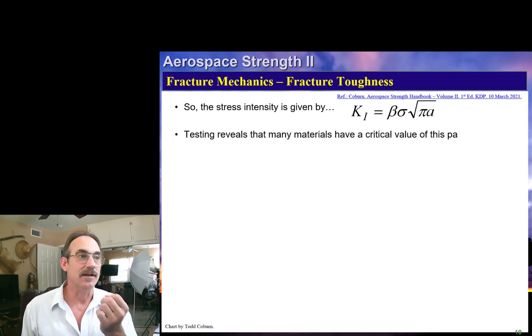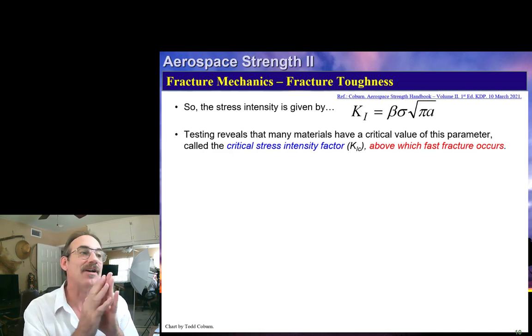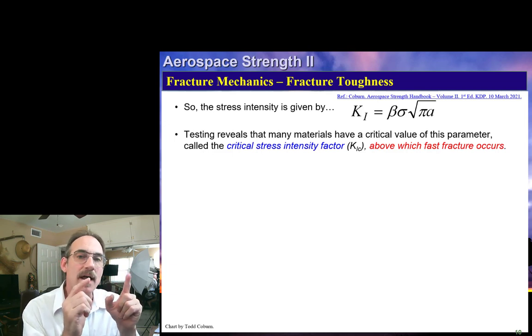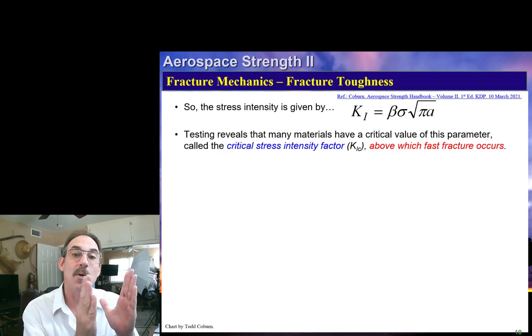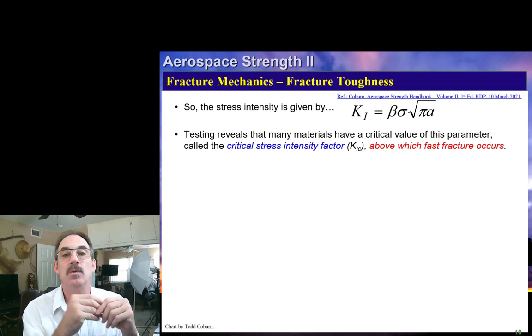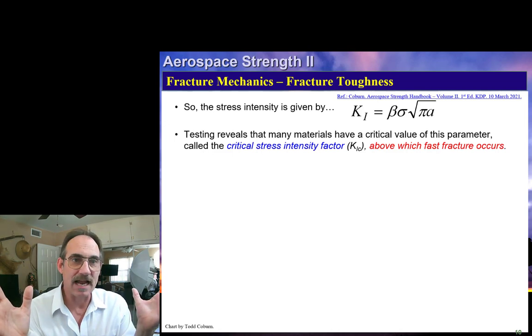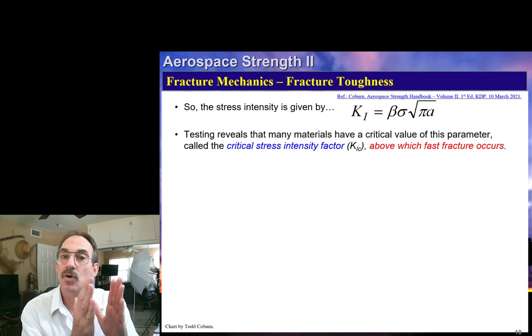Now, if we test materials, we're going to find that many materials, the materials we're going to run into in aerospace, tend to have a critical value. So if your K1 is below that value, then you get a nice stable crack growth. There's actually a value of K1 that's so low that you won't get any measurable crack growth with huge amounts of cycles of loads. But over most loadings, the crack will grow, that means your K1 is going to grow